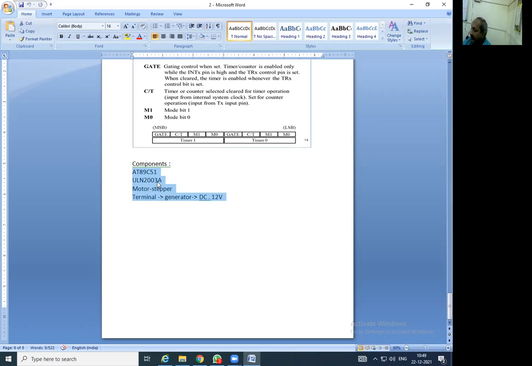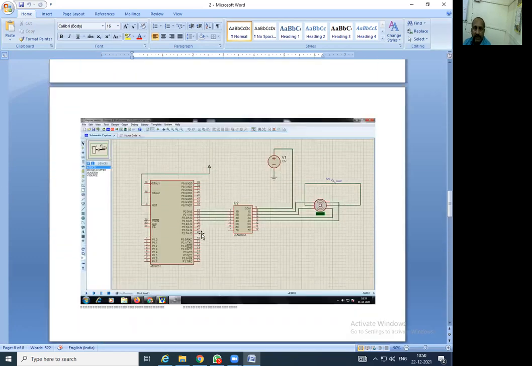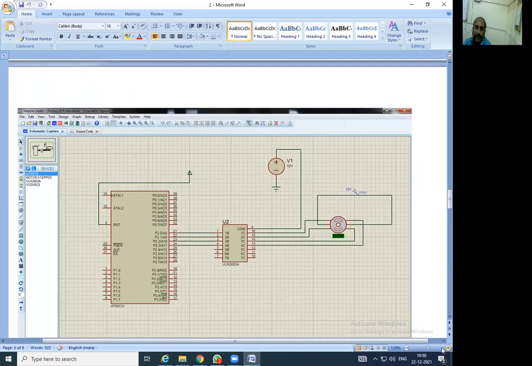As we discussed, the driver IC is required, so it is the driver IC for this stepper motor. After that, search for stepper, so that it will search in Proteus, and at the last, terminal generator and DC. So 12 volt is going to be used, and with this particular diagram we are supposed to implement.